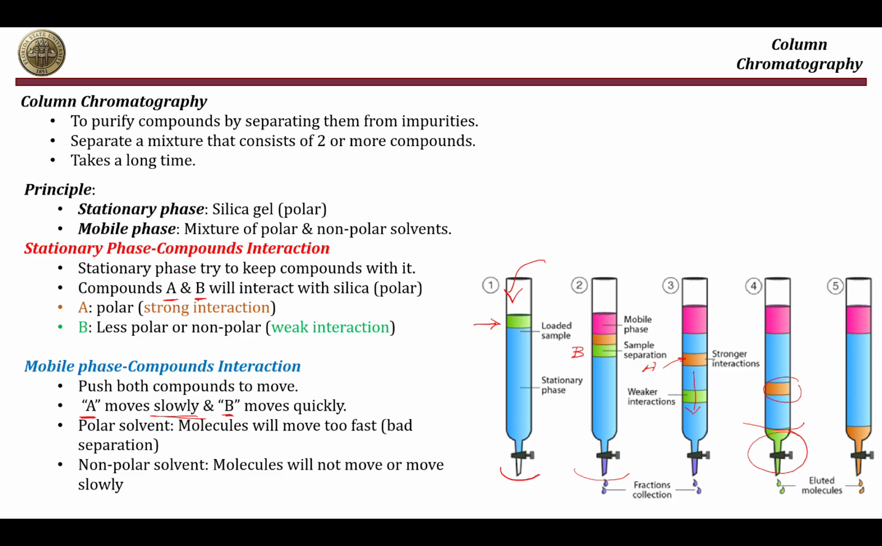If only a non-polar solvent is used, then the separation process will take a long time, and sometimes the compounds will never get out of the column. So it's always better to use a mixture of a polar and a non-polar